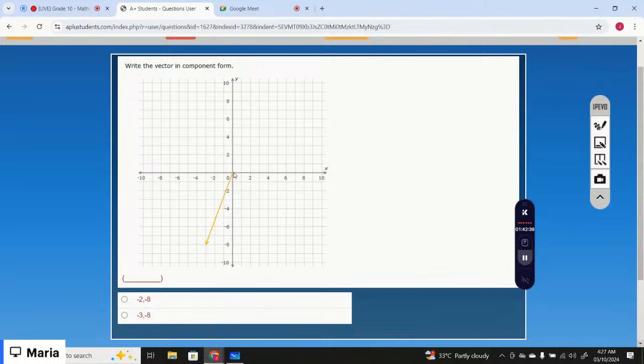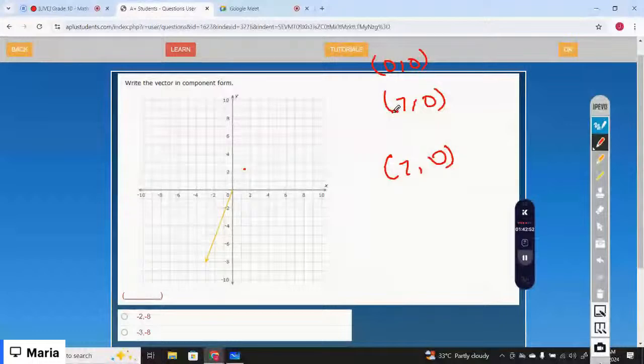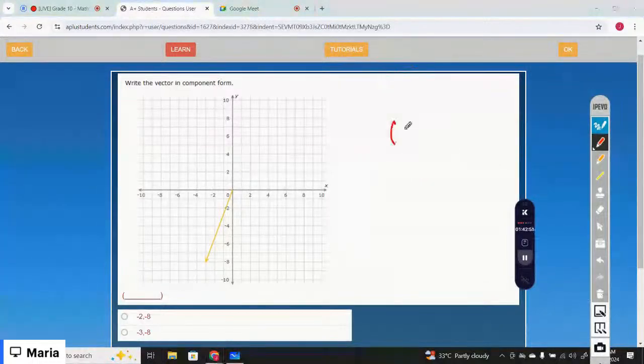So the initial is 0, 0 and the terminal is at negative 3 and negative 8, right? So then the components of the vector are,